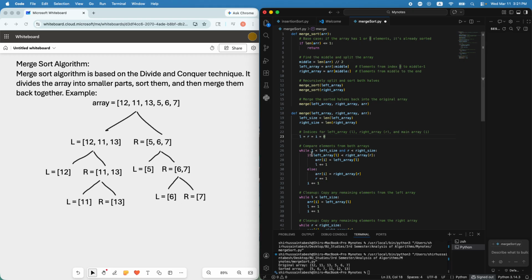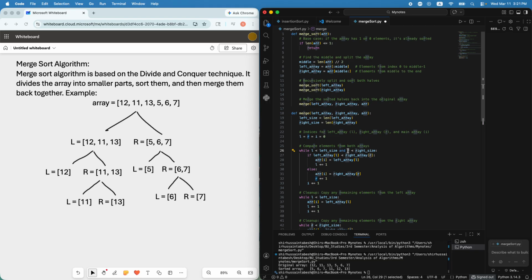Let's start with the left branch. First I check 11 and 13. As long as L, the index of the left array, is smaller than the left size, the size of the left array, and